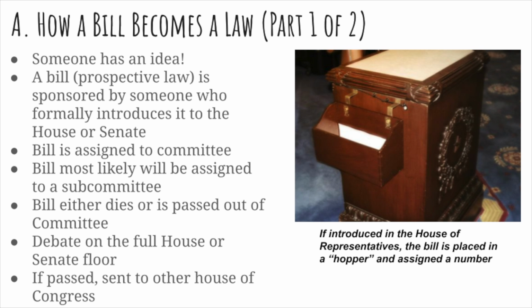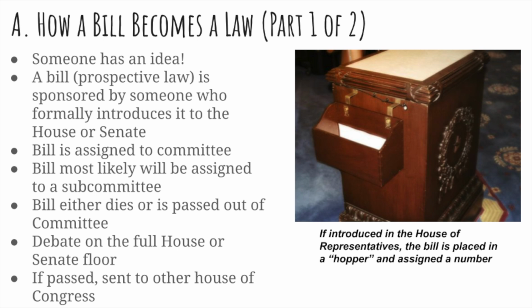Now, if a bill isn't pigeonholed or voted down and it's passed out of committee, it can be done in one of two ways. It can be passed out of committee favorably, which means that it has kind of the committee's seal of approval, or it can be passed out of committee unfavorably, which basically means that the committee doesn't want to be responsible for killing the bill. Perhaps it's a relatively popular one, but the committee wants to basically say, we don't like this bill. We know it's popular. We're going to go ahead and let it go to the House or Senate floor for debate, but we're not happy about it.